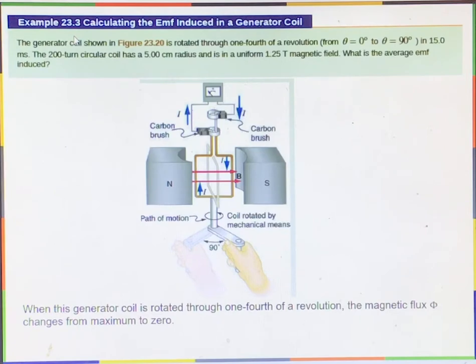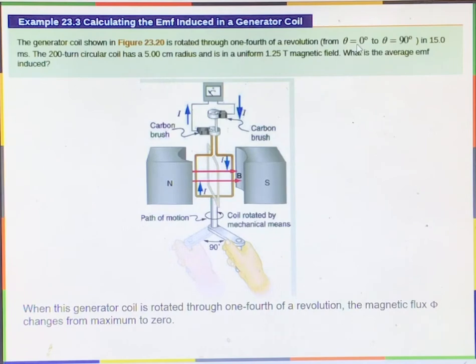This is example number 23.3. We're going to calculate the electromotive force induced in a generator coil. So the first thing that I want to do is, we have a generating coil, and it's going to rotate through 1/4 of a revolution. So 1/4 means that it's going to go from theta equals 0 to theta equals 90 degrees in 15.0 milliseconds. And then it tells me that this has a total of 200 turns and a radius of 0.5 centimeters, and is placed in a magnetic field that has a magnitude of 1.25